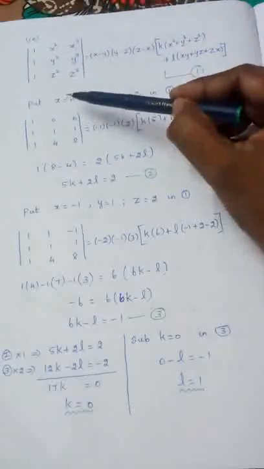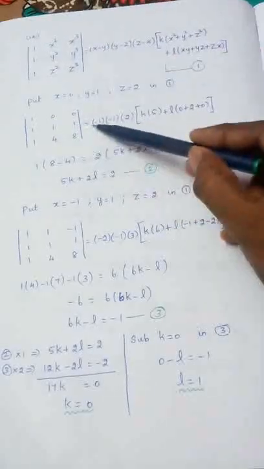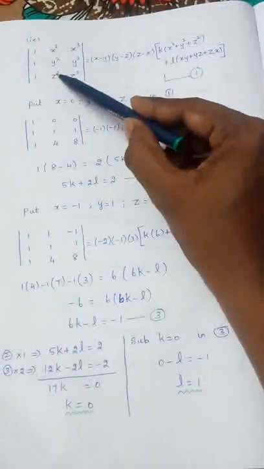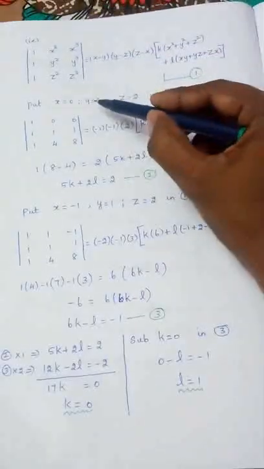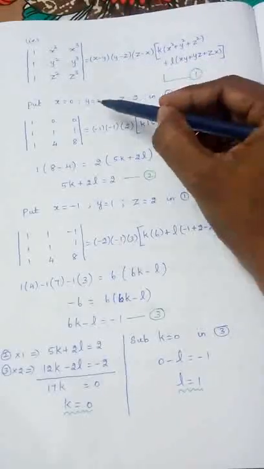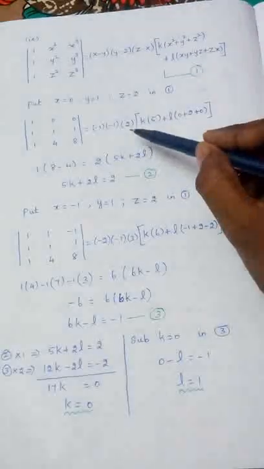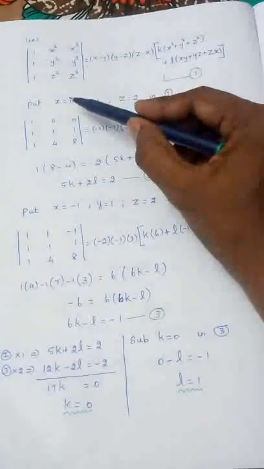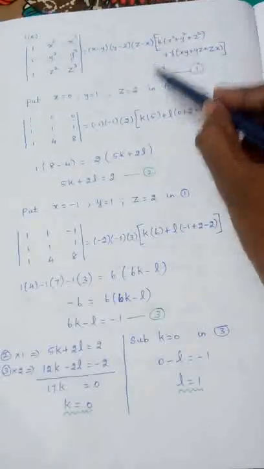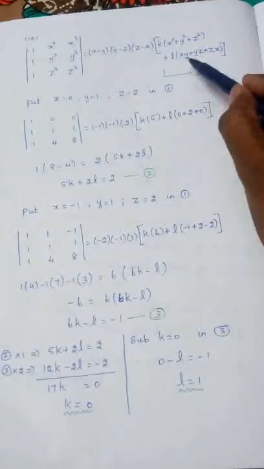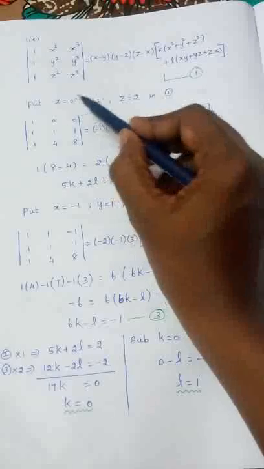Substitute in this equation 1. X place 0, so this is 0, this is 0. Y place 1, so 1, 1, 1. Z place 2, so 1, 2 square 4, 2 cube 8, like that. Similarly, x minus y, 0 minus 1 is minus 1, y minus z, 1 minus 2 is minus 1, z minus x, 2 minus 0, 2. x square plus y square plus z square: square this, 0, square this, 1, square this, 4, 4 plus 1, 5, so 5k, plus L into xy, when I multiply these two, 0, these two, 2, z and x, 0.